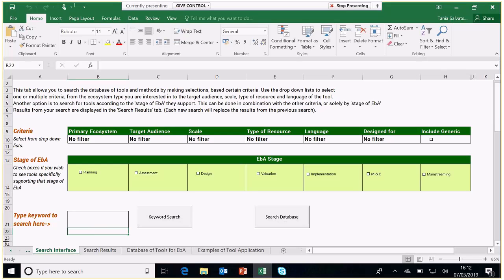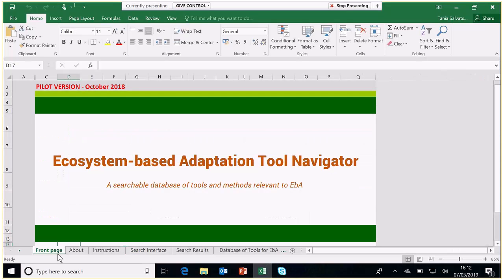So when you open the tool, it will open on the search interface tab. But before we go through that, I would just like to have a quick run of the other tabs available. So you also have the front page tab, just with the title.